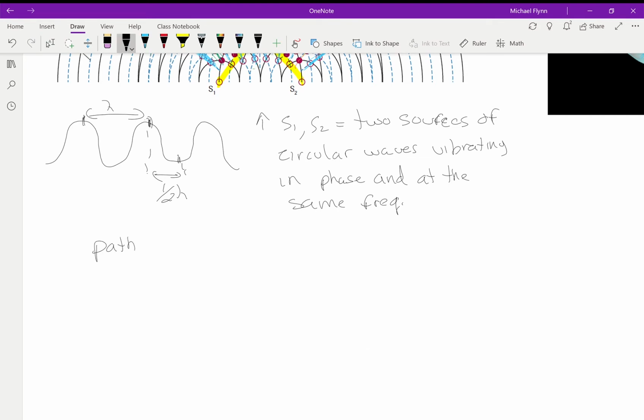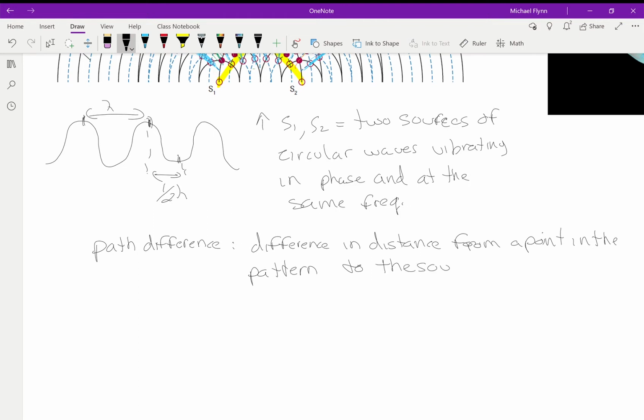The path difference is the difference in distance from a point in the pattern to the sources. Okay, now let me explain what that means